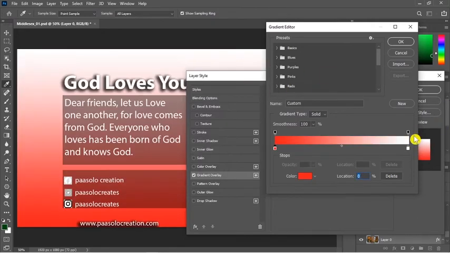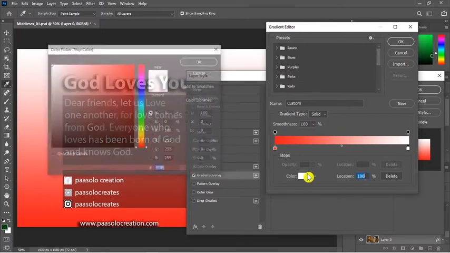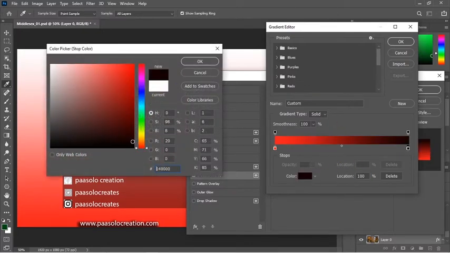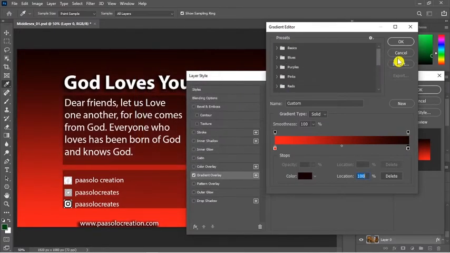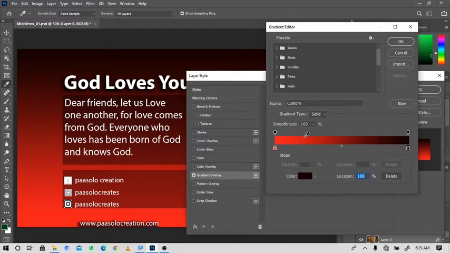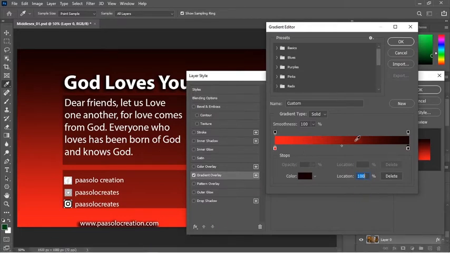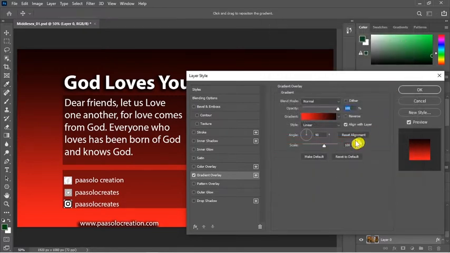Click on OK and go to the last one, click on it, click on the color and change it maybe to black. Okay, so you see that Photoshop just blended it for us. It blended from the red all the way to the black, and when you are satisfied, you just click on OK, and you see that we already have something at the back, but we are not seeing that one.